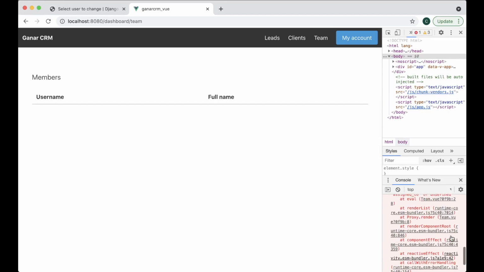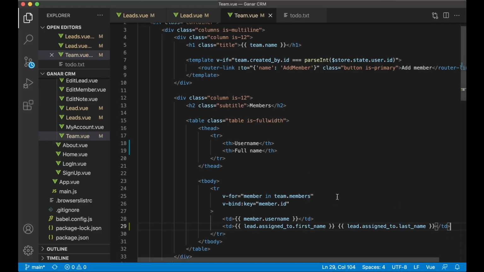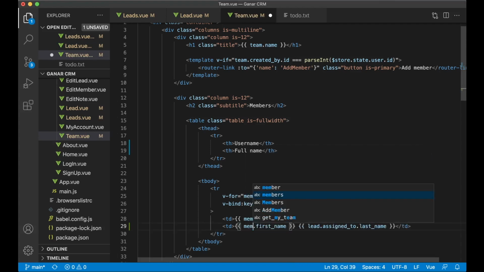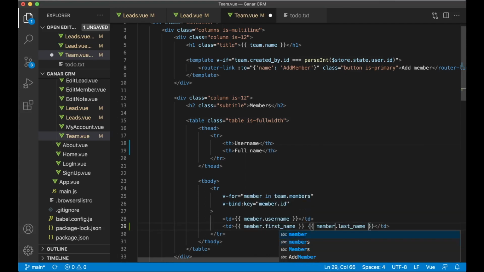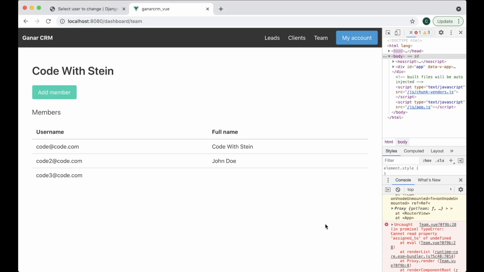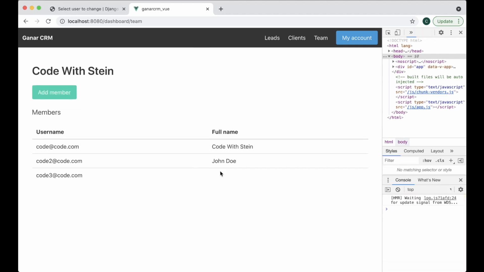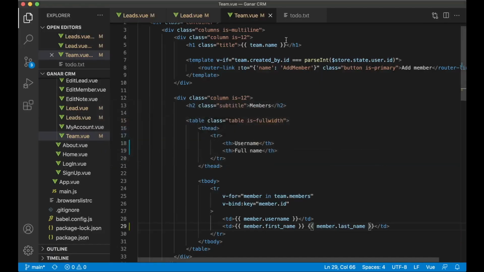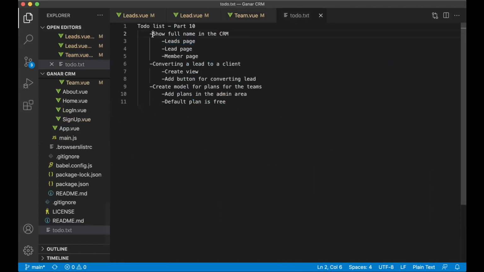Okay, there was an error. Yes, because this should of course just be member.firstname and member.lastname. Now we have the email and then the name there. Perfect. If I refresh, the error is gone as well. Great. So then I can set the first task to done, and we can go to the next one,